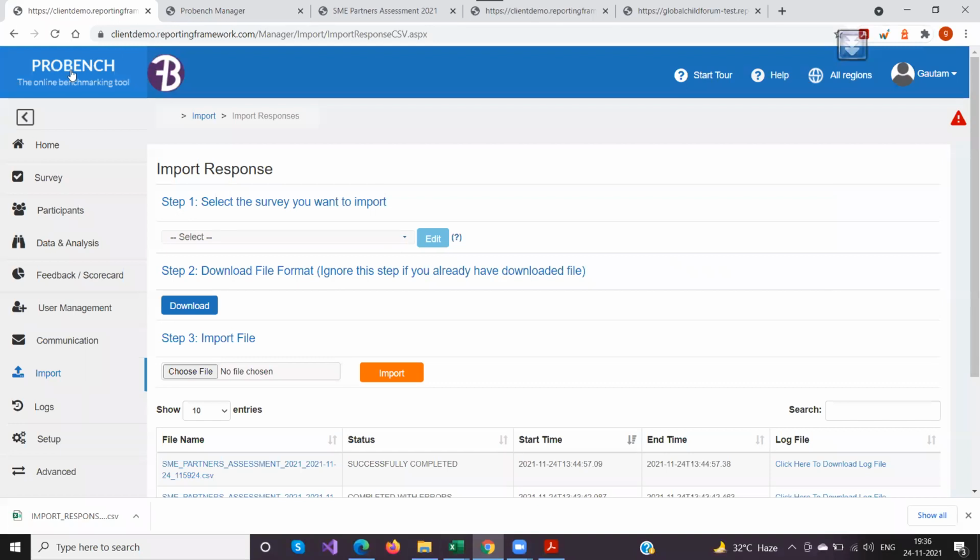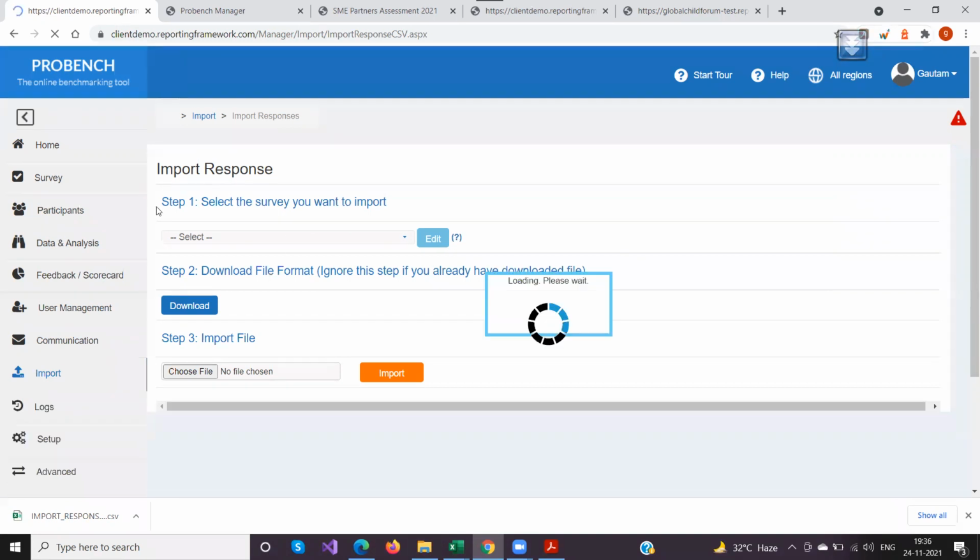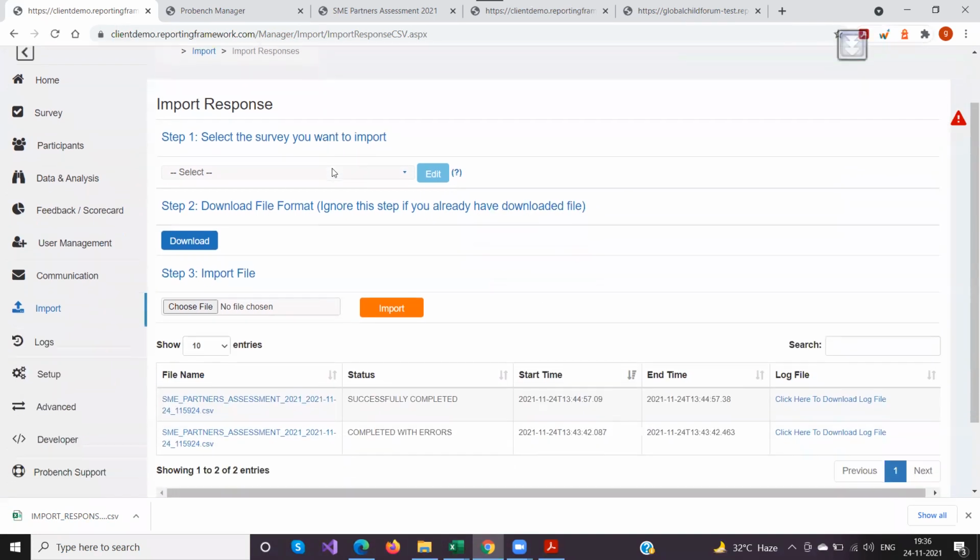When we go to ProBench or log in as an administrator, there are these import tabs, and you have these two options, import responses and participants. When I click on import responses, it takes me to this screen. As you can see, this is a three-step process. Step one is to select for which survey you are importing. Step two would be to download the file format,